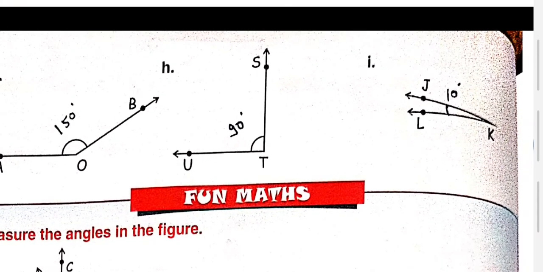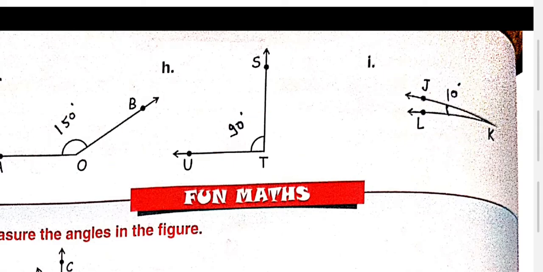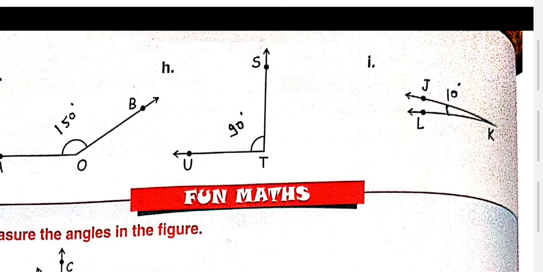Come on, G also, H also and I also, you have to measure. It becomes 150 degrees, 90 degrees, 10 degrees. One part again I am solving here. Suppose you put your protractor here on D, with the center point on the vertex, and the baseline passing through 0. When you see it passes through 90 and you are using your left side, you have to see the outer scale. So it becomes 90, so you have to put 90 here. Okay, and similarly this becomes 10.